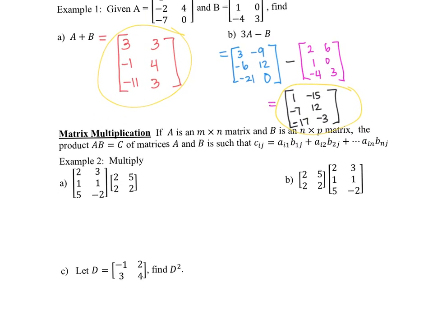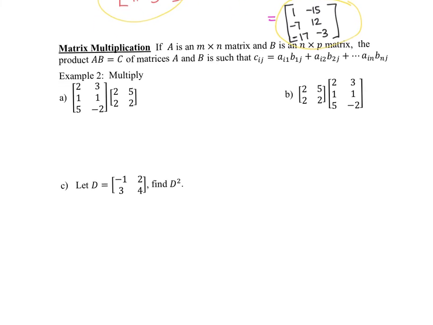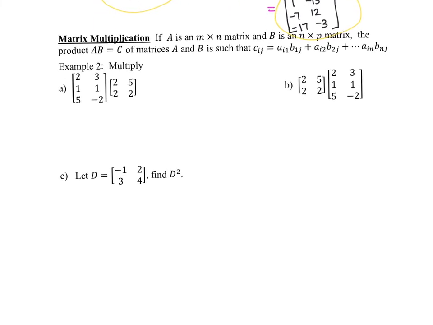Okay, next one is matrix multiplication. Matrix multiplication is different than scalar multiplication. In scalar multiplication, we are multiplying by one single value. In this case, we're going to multiply two matrices by each other. They don't have to be the same size, but they do have to kind of match up. So it says if A is an m by n matrix and B is an n by p matrix, the product AB equals C, where C_ij equals